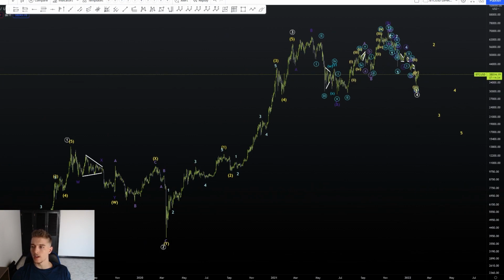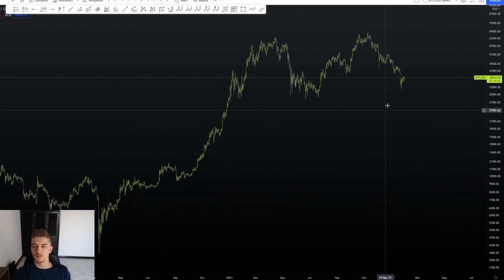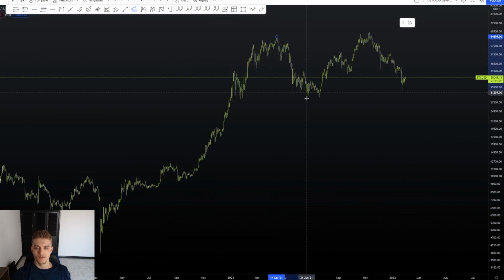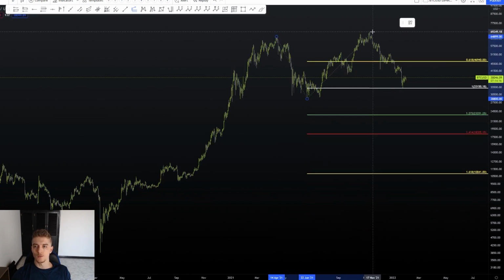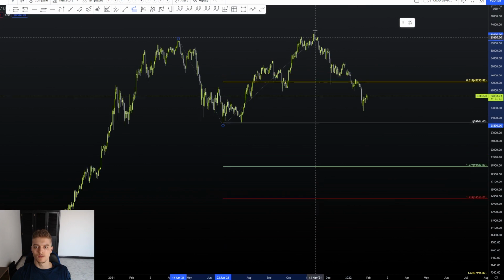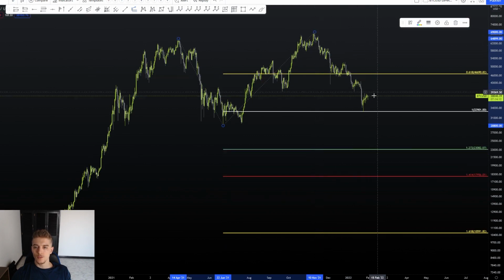So let's go ahead and hide the count for now. What we have down here is we came to the 1 to 1. So this is the top of wave A right here. And then this is the top of wave B right here. So if we go ahead and compare the length of wave A to the top of wave B, then we find that this wave C so far has retraced the exact amount that this wave A retraced. So it came exactly into the 1 to 1 around